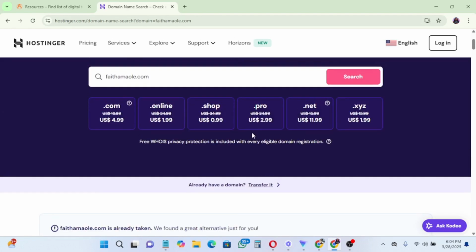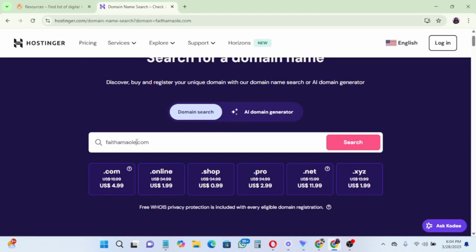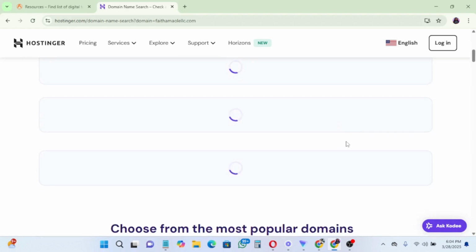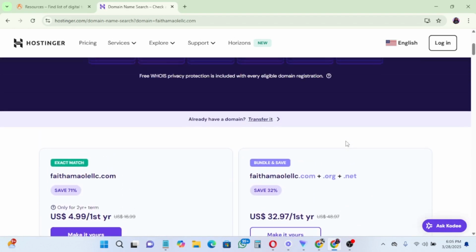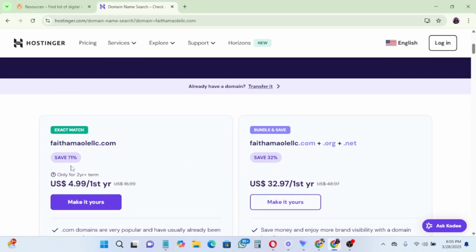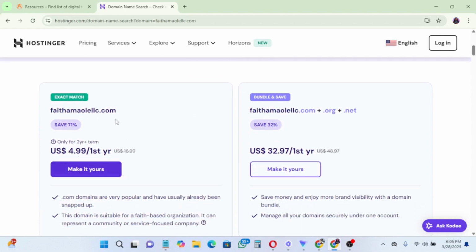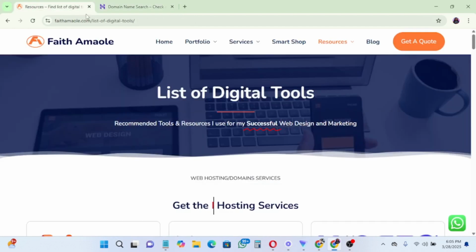So what you do is you keep searching. You can tweak the domain name. Let's say faithamole.llc, or .com. You can tweak the name to see if the name is available, but you can't use my name because it's already a personal name. Say this one is available. So if I want to purchase a domain in this name, I can just tweak it and purchase. What you will do is make it yours. But I'm going to show you how to get this domain cheaper, how to get it free, and how to also get a 20% discount. So what you will have to do is come to your web browser and type